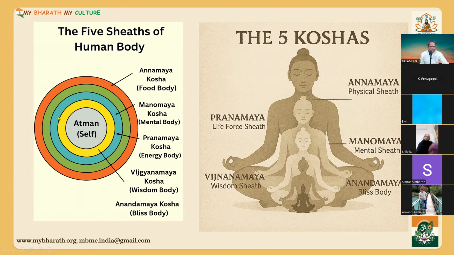After that, Vijnanamaya. See, suppose you read a lot of scriptures, you get extraordinary knowledge. That gives you happiness, right? You can call it Vijnanamaya. Or you have a powerful intellect. What does a powerful intellect mean? You know what is right, what is wrong. You will only do what is good for you, or whatever brings well-being to you. If you have that kind of control over the mind, then we'll say your intellect is very strong. When your intellect is very strong, then you will definitely be happy.